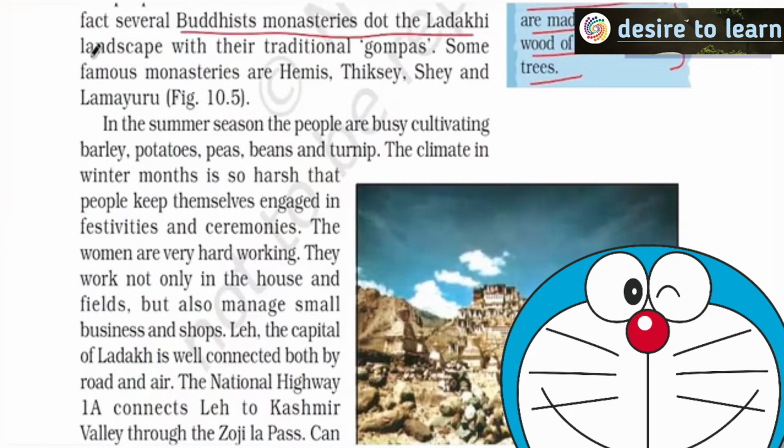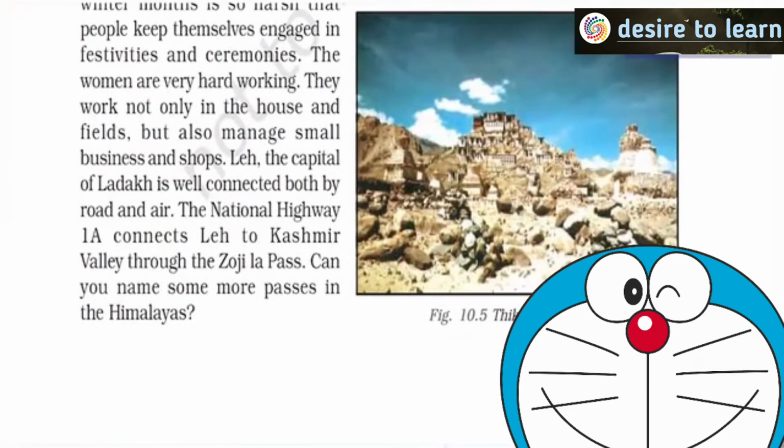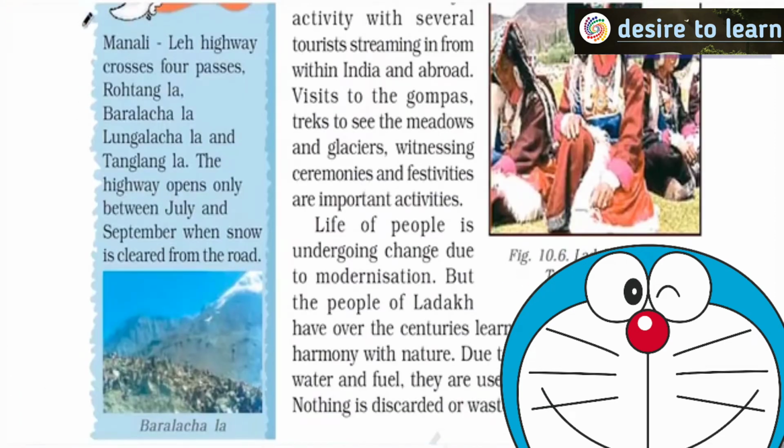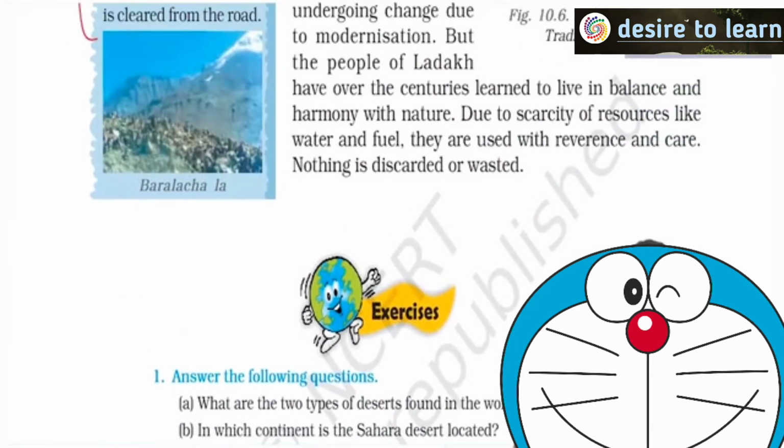Buddhist monasteries are present, usually called gompas in this region, and these are also called extensions of Tibetan monasteries. Then these passes are important. La means mountain passes. Manali to Leh highway crosses through 4 mountain ranges: Rohtang La, Baralacha La, Lachung La, Tanglang La. All the things which are present in Do You Know, you can make a note of it and see it on the last day. From prelims point of view, not required for mains, but for prelims it is very, very important. They have given about the dance forms and other things which are not so important for you.